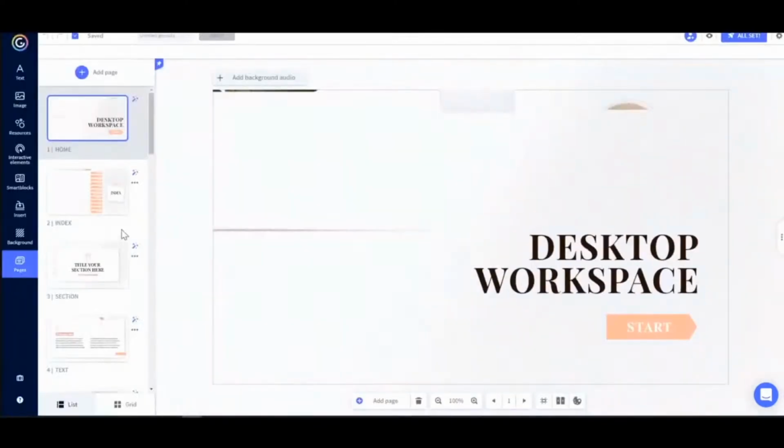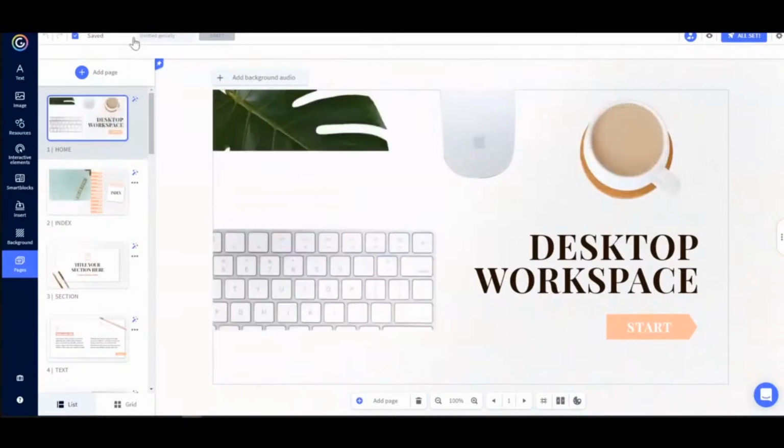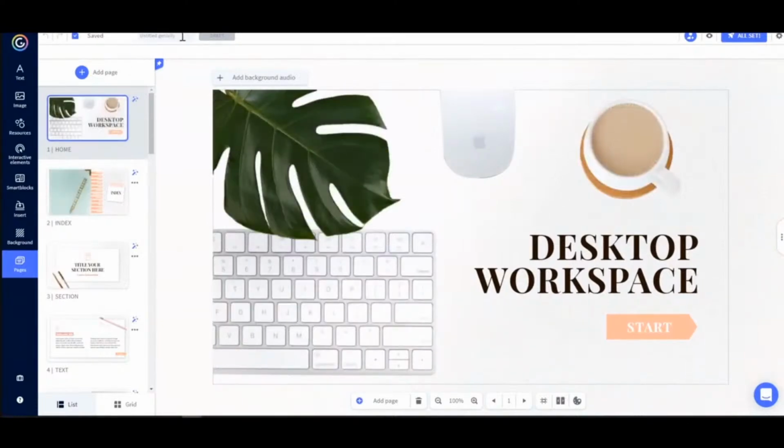Now, once we're inside the editor, we are going to start by adding our own textual and visual content. There we go. The very first thing that I recommend you doing is naming your creation, which you can do up here in the title bar. This will help you find your creations back in the future when you have lots of awesome things made. Let's call this one